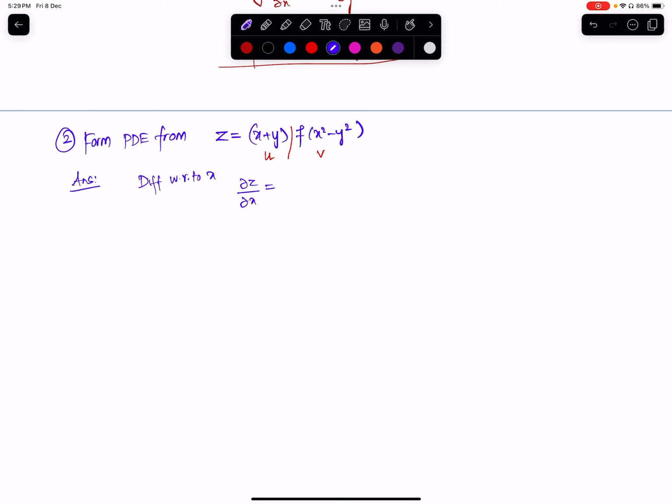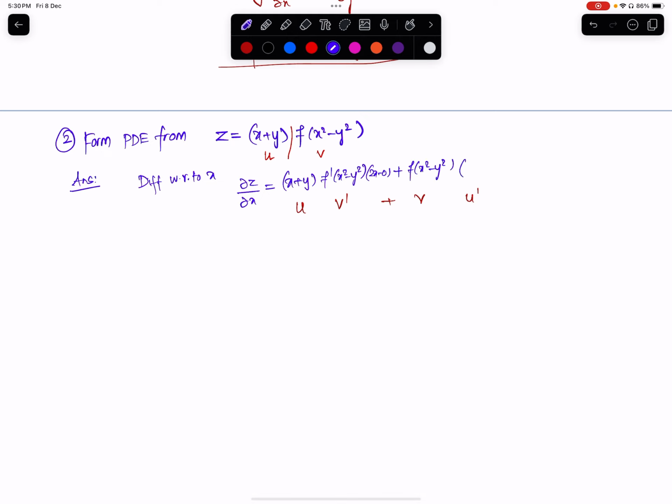I write the formula down so that you can see: u v' + v u'. So u is x + y, and the derivative of v, that is f', you know how we did in the previous place. The derivative of f is f', and don't forget to differentiate the inside. So it is 2x − 0, then plus v, that is f(x² − y²),